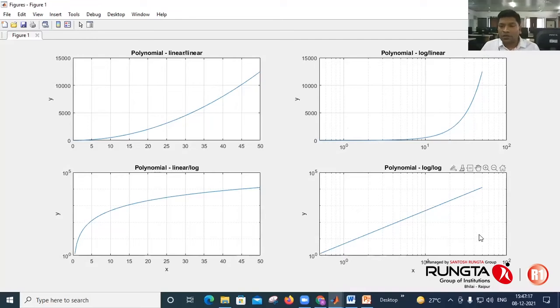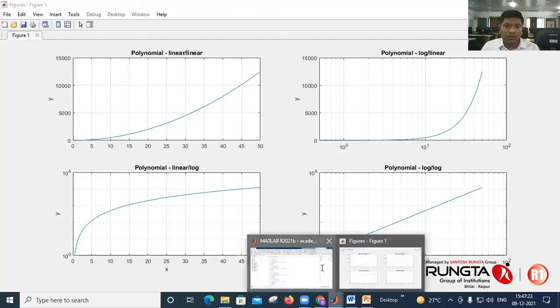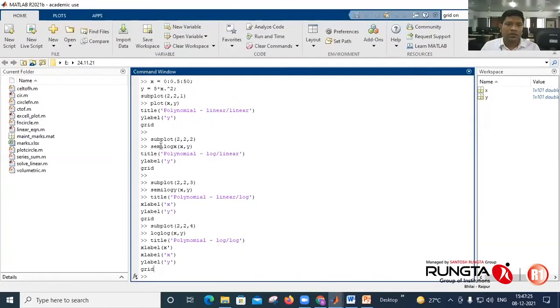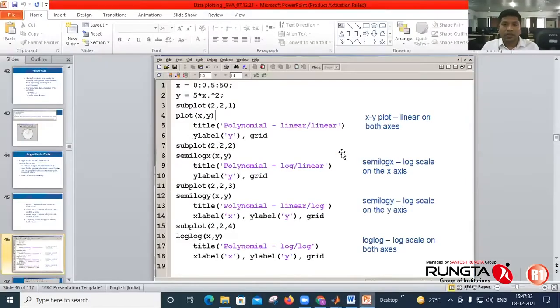And if you want log scale on both, you have to type log while plotting. So these are semilog X, semilog Y, and log. Okay. Like this. Log scale on x-axis is semilog x, log scale on y-axis is semilog y, and log uses it on both axes.